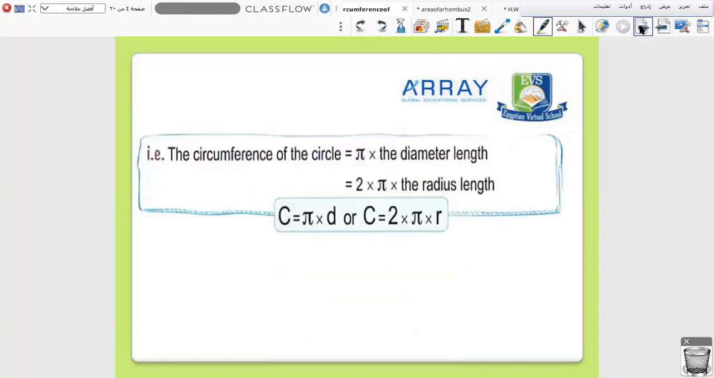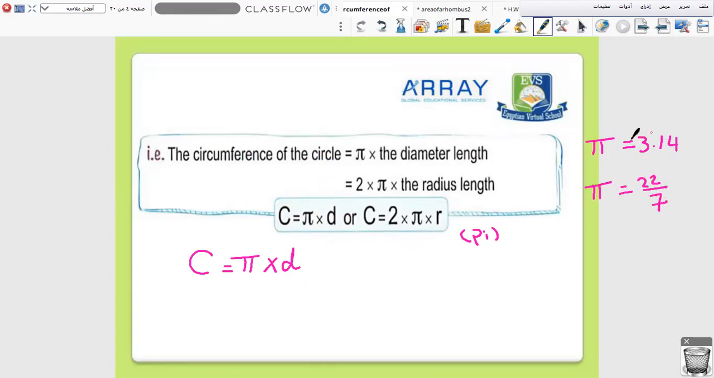Okay. Now, what is the circumference of the circle? There is a rule to get the circumference of the circle. C, which is the circumference, equals pi times d. Pi times diameter. Just take pi. What is pi? Pi is a Greek letter, and it's a constant value. Pi is 3.14 in the decimal form, or pi equals 22/7. It's the same, but here it's in the decimal form and here in the fraction form, and it will be